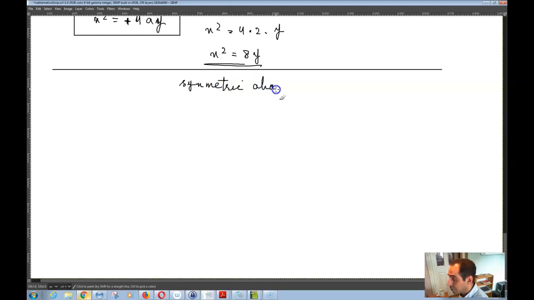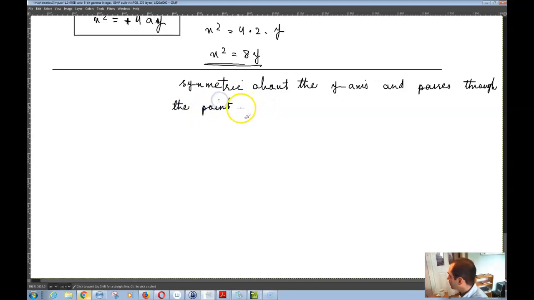Symmetric about the y-axis, and passes through the point (2, -3). Okay, so my parabola is, and of course I'm in all of these cases,